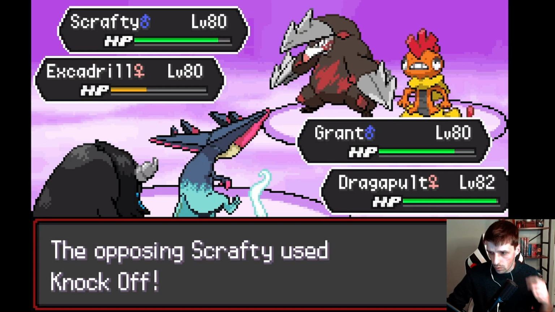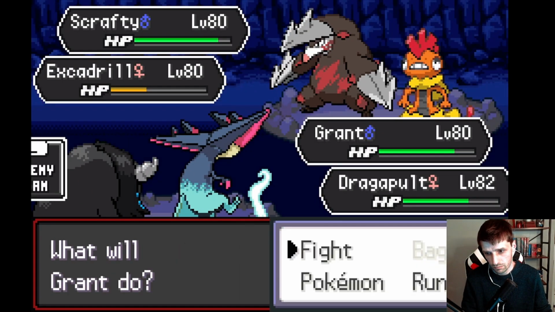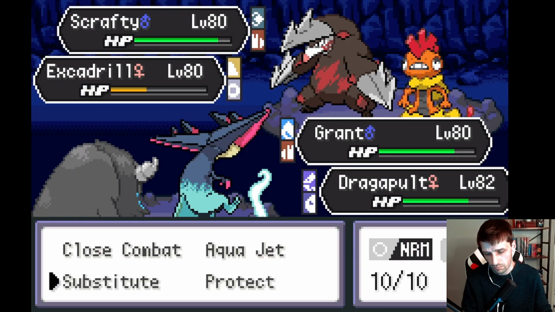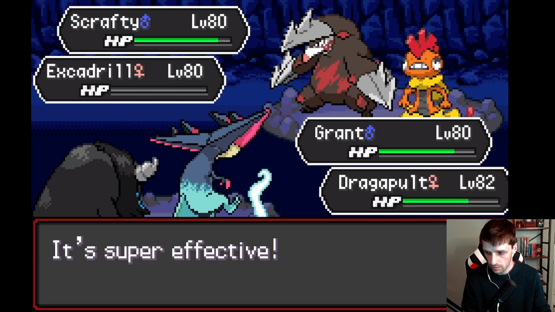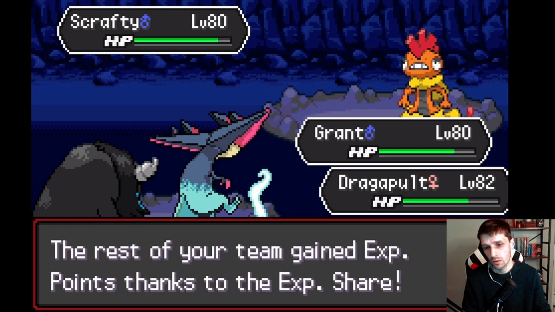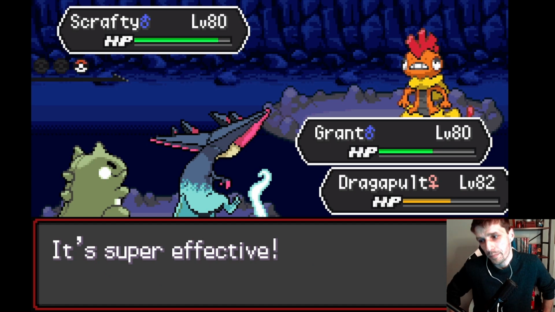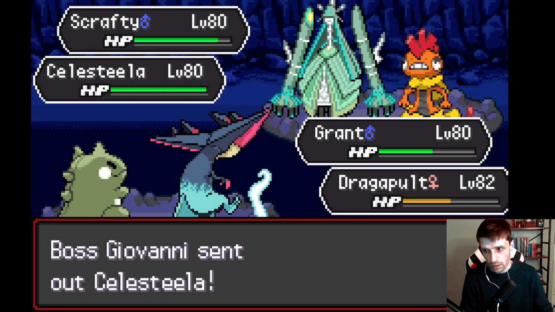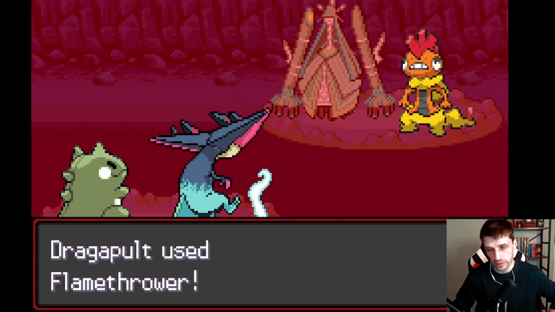Celesteela coming out now would be worst case for us, but instead Excadrill comes out, giving us a relatively free switch in back into our Paldean Aqua Breed Tauros. Dragapult and Tauros shrug off intimidated attacks from Scrafty and Excadrill respectively, and Dragapult launches a Flamethrower into Excadrill for super effective damage. Aqua Breed Paldean Tauros is threatening huge hits into both Excadrill and Scrafty, but what I am